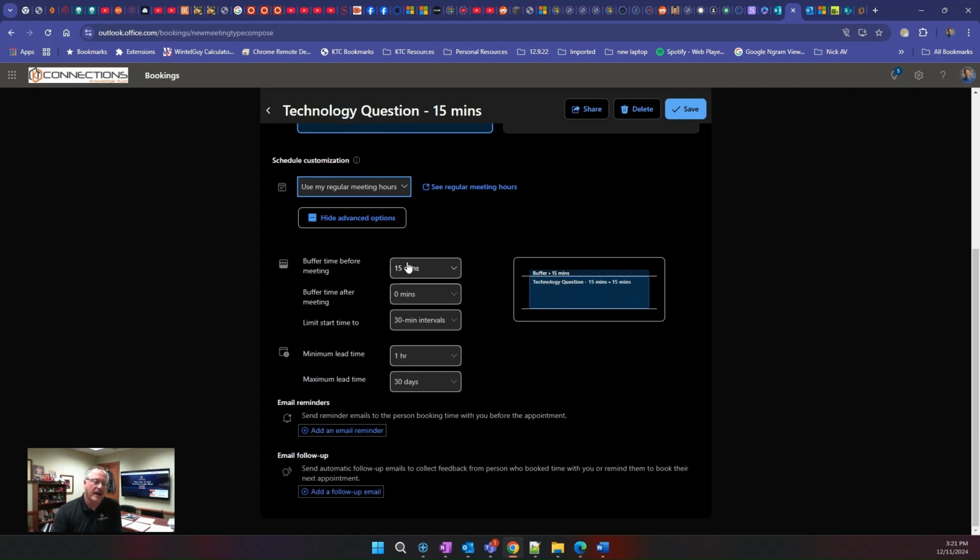Then you can add a buffer time before the meeting, a buffer time after the meeting, limit the start time to a 30-minute interval or another type of interval, and then set up a minimum lead time and a maximum lead time. Lastly, you can set up an email reminder or a follow-up email after the meeting. Click on Save,